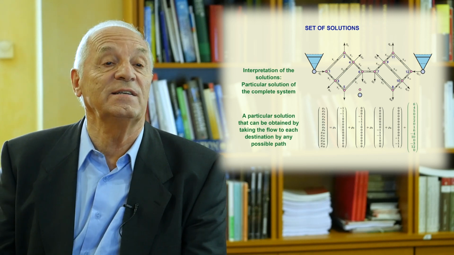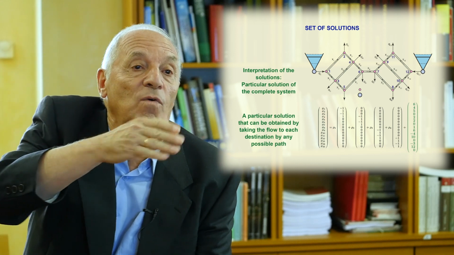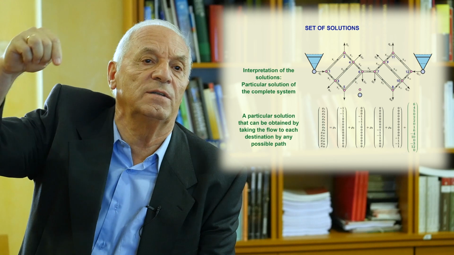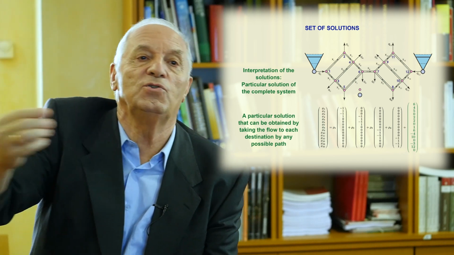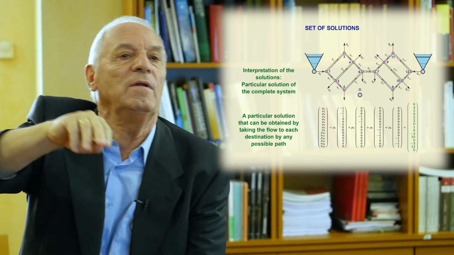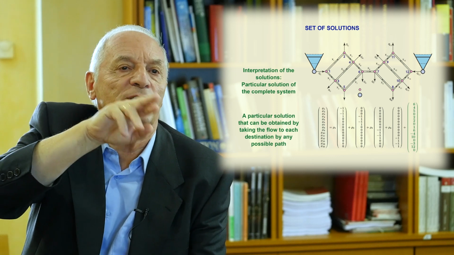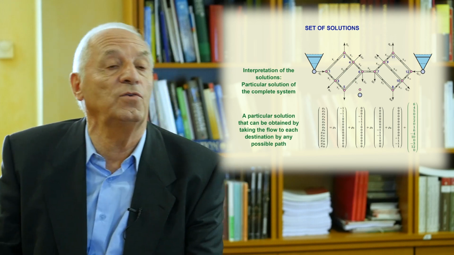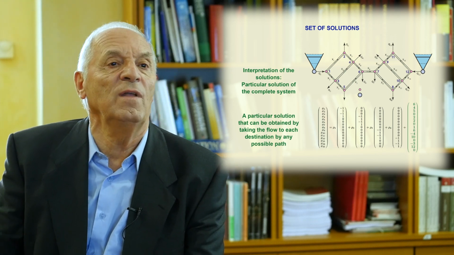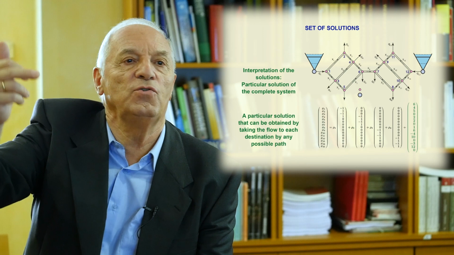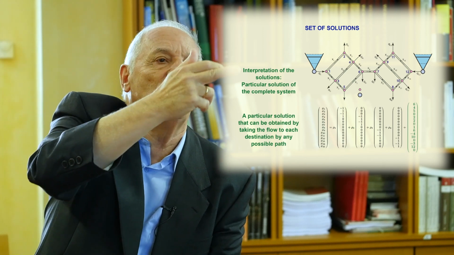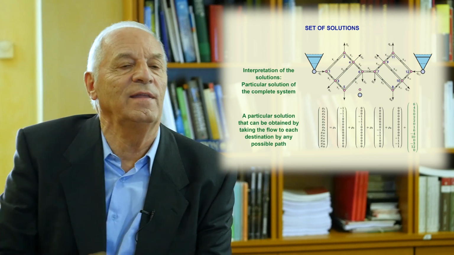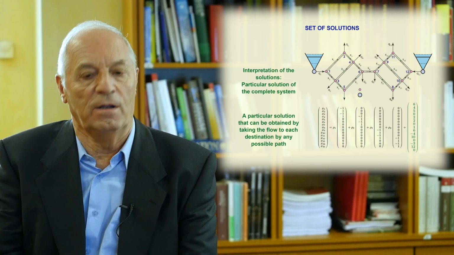So the idea is, if you need an amount of water at a node, you say, okay, I take this from this deposit, and I take it this way. You take this way, and you put the corresponding unknowns, the value that corresponds to the water you want to get from that node, and the rest zeros. Then you do it one by one for all the nodes where you want to get water, and you add up all the results, and you will get that particular solution.